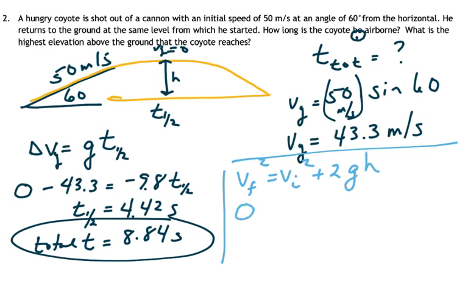So final velocity 0 is equal to our initial velocity, which is 43.3 squared, minus 2, or plus 2 times negative 9.8 times height. So you end up with